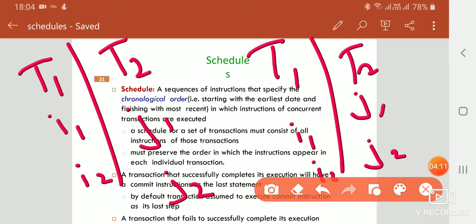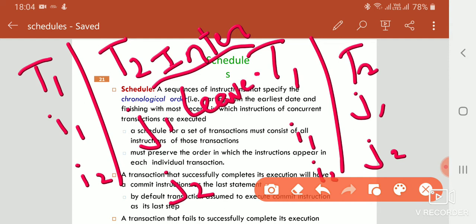These two types of scheduling are called interleaved schedules. And the previous two schedules, where I1, I2 are performed first, then J1, J2, or J1, J2 first, then I1, I2, are called sequential schedules, or serial scheduling also.